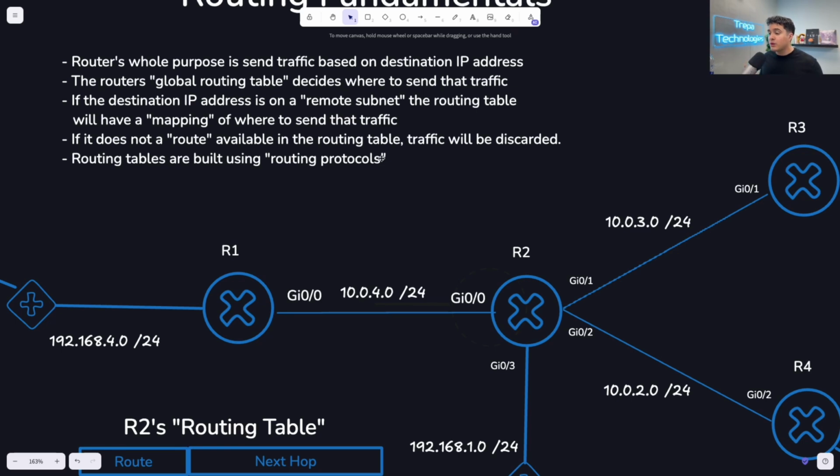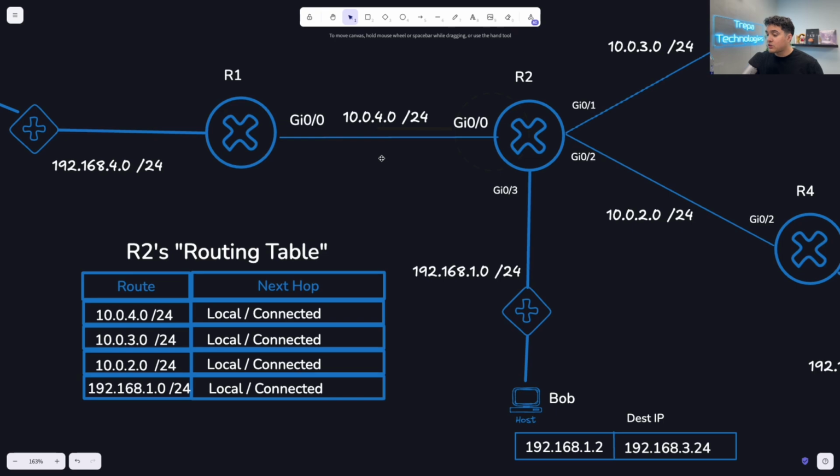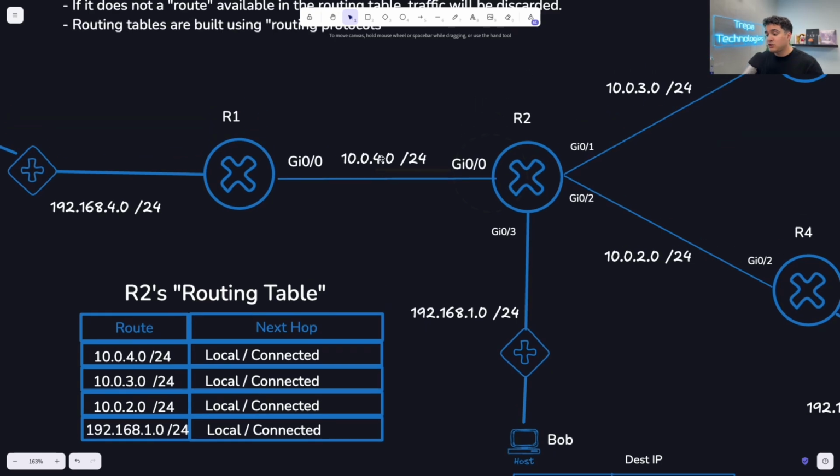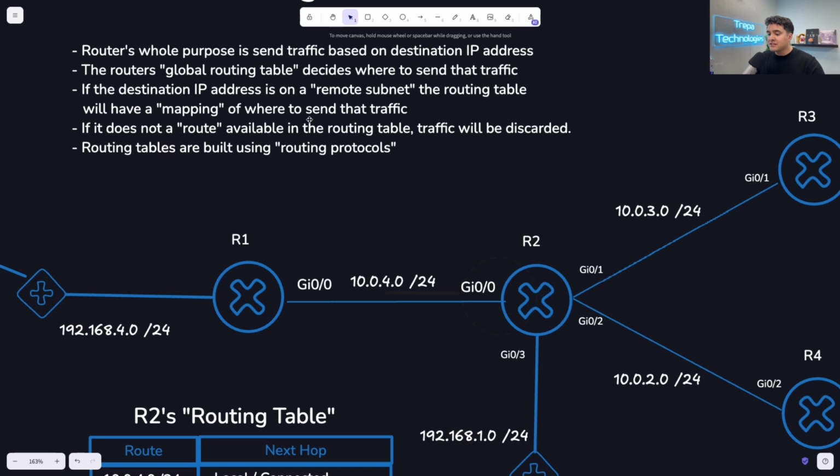And if we have a route in that global routing table for that IP, meaning we know where to send 192.168.3.24, then we'll send it to the next hop. If the destination IP is on a remote subnet, the routing table will have what's called a mapping of where to send that traffic. That mapping will pretty much say, hey, I know where this network is, and it's on this next hop, or it's connected to this interface. If it does not have a route available in the routing table, that traffic will be discarded. So if we don't know where to send a destination IP that we receive from one of our users,